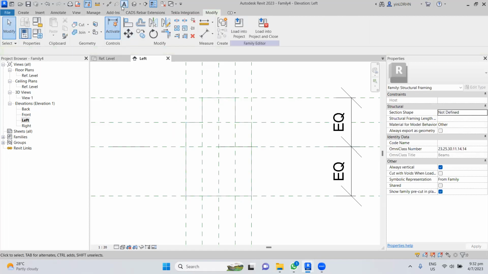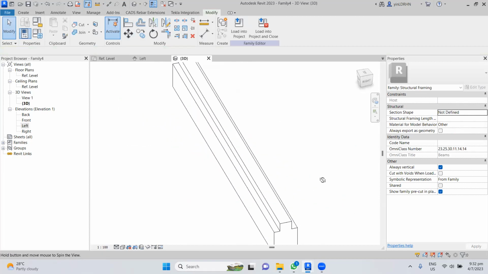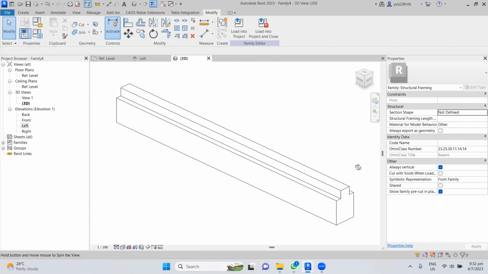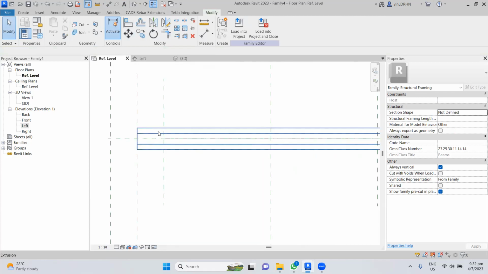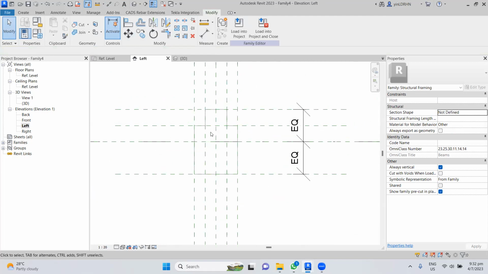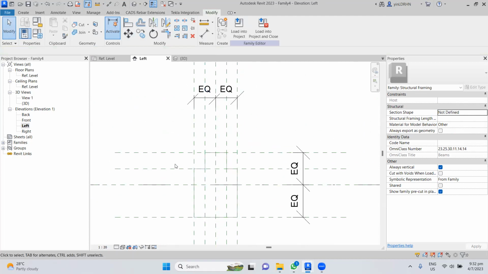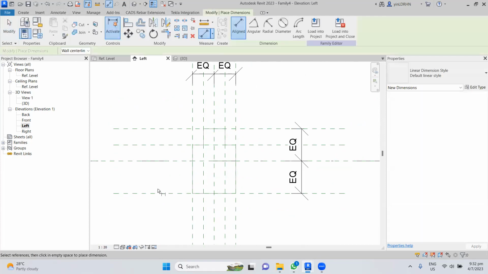So if we want, we can see in 3D how it looks, right? So it looks okay, right? Okay. So we can see in the plan, right? So we have the two notches. So now we can provide our parameters. So this constraint already provided. So we can create our parameters. So we create the depth. This is a depth, right? So this is a width,